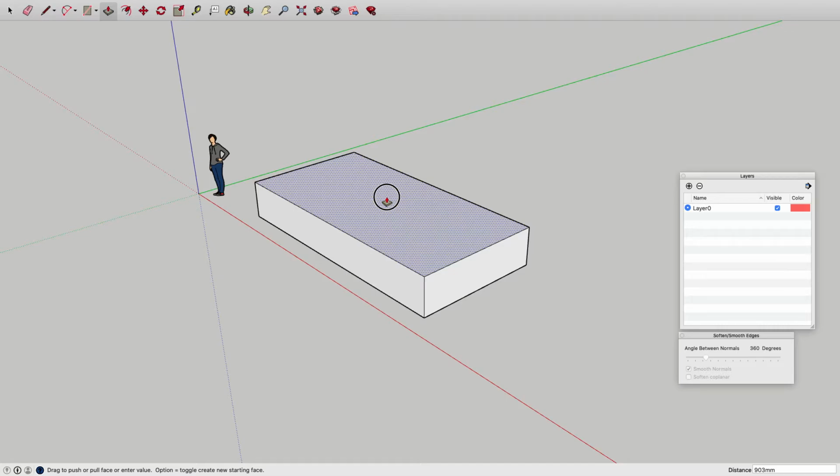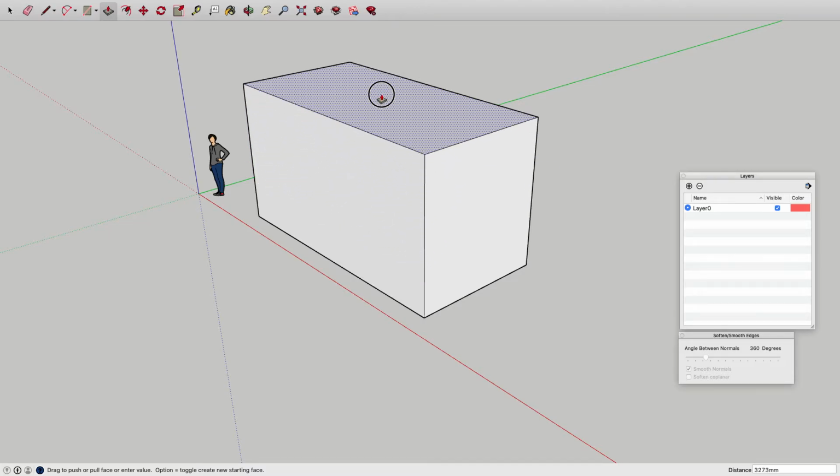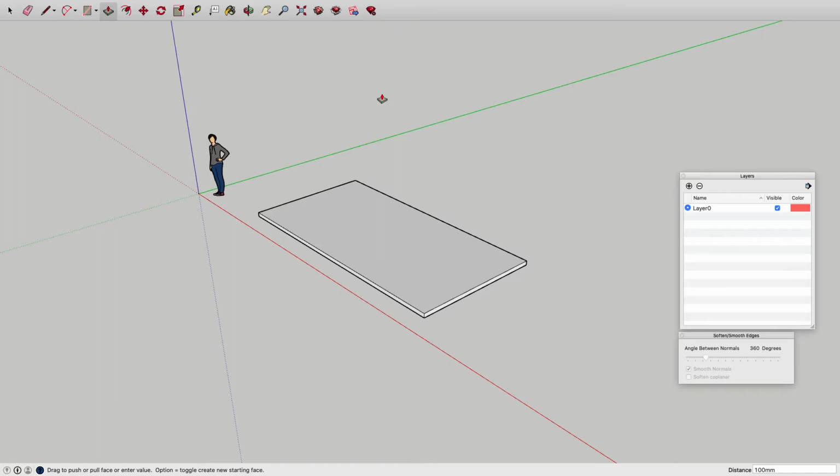So I'm pushing away from my body, right? My physical body, okay? And I can push all the way up whatever size I want. Don't click anything else because I can type in here 100 now in the distance and press return, and that's an exact measurement of a typical industrial slab,